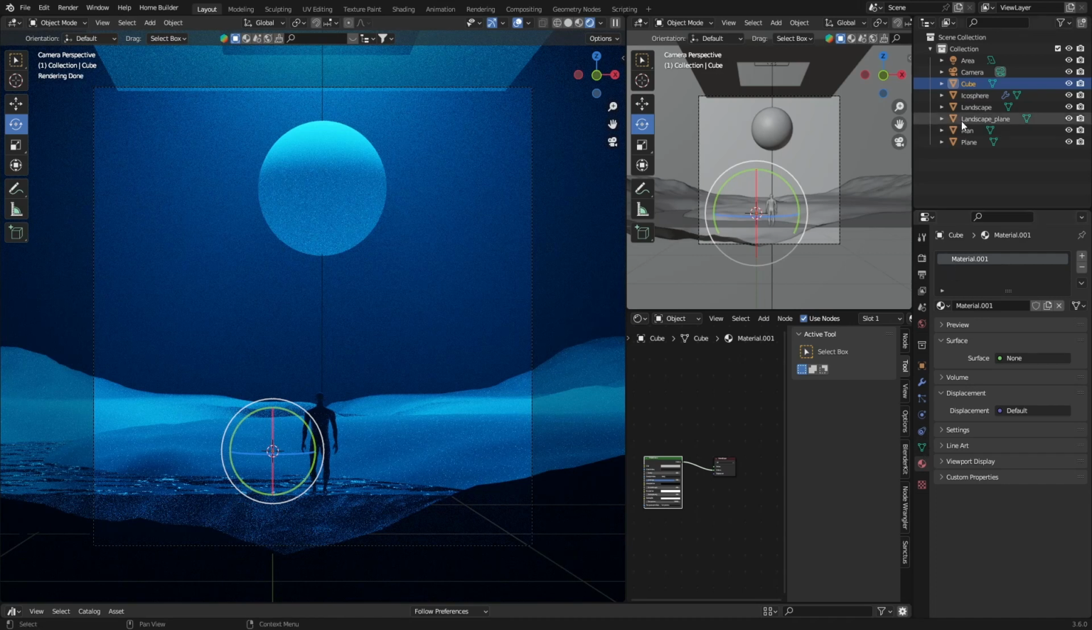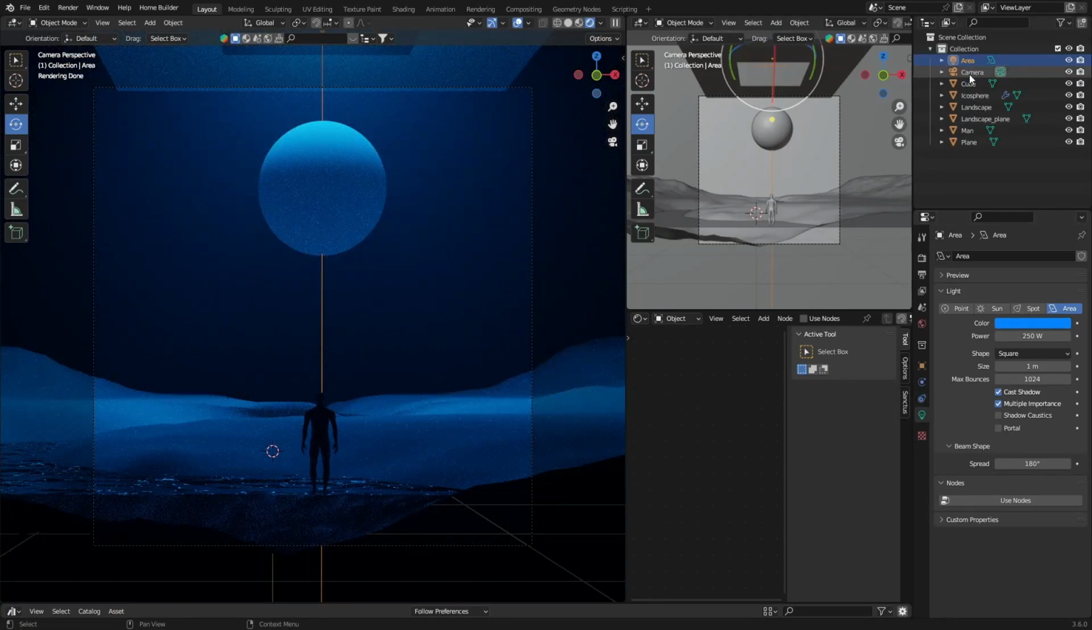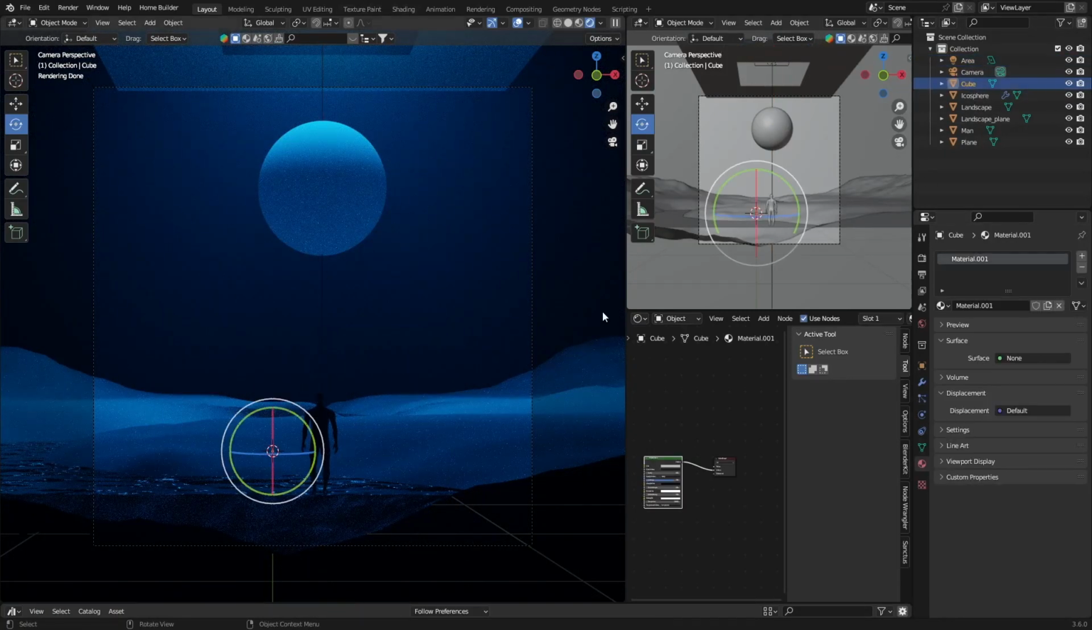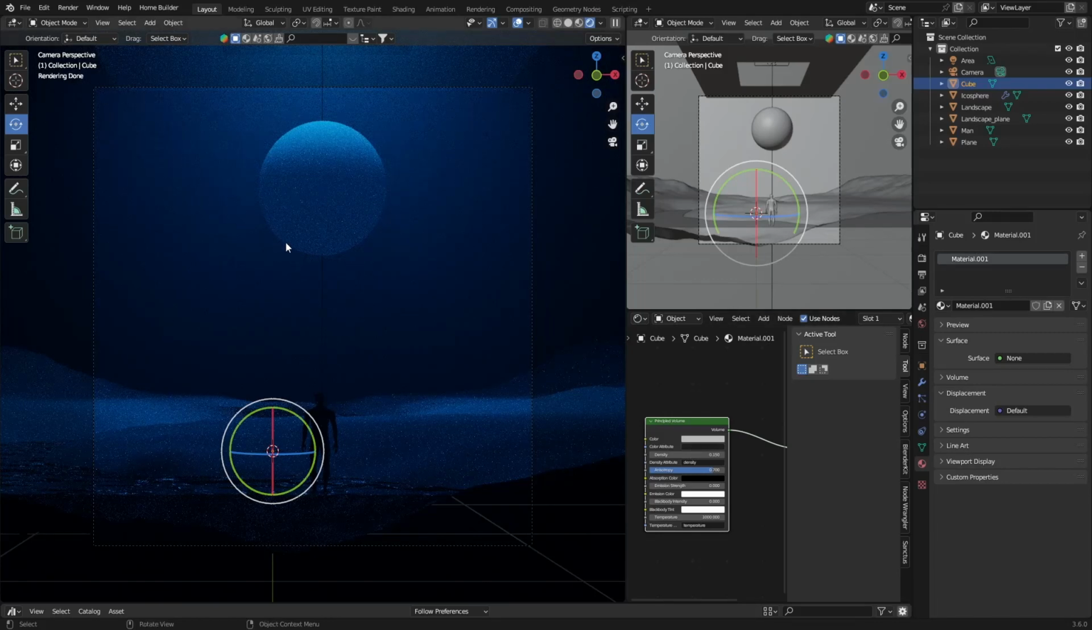Okay, let's bring this light down, so by about 250. Let's bring cube, let's change this density of the cube to 0.15. Okay, I want something to be a bit more darker. Okay, go to camera,